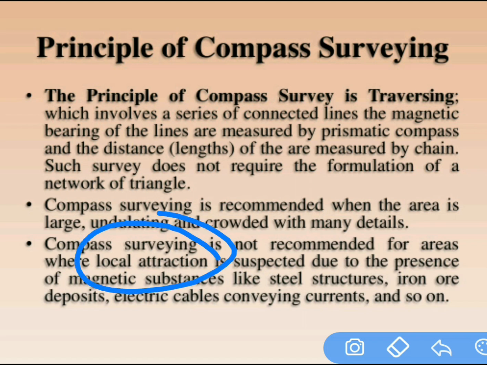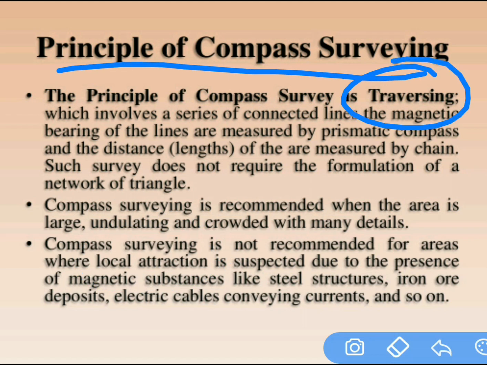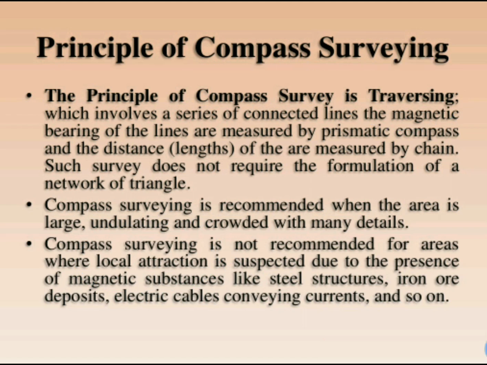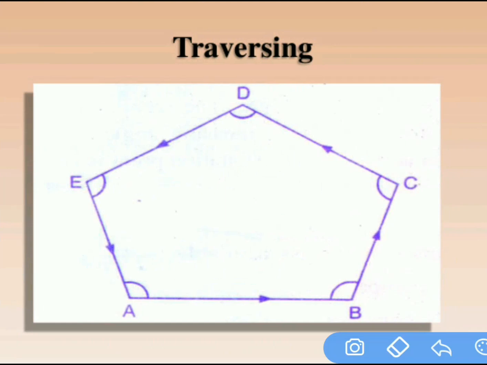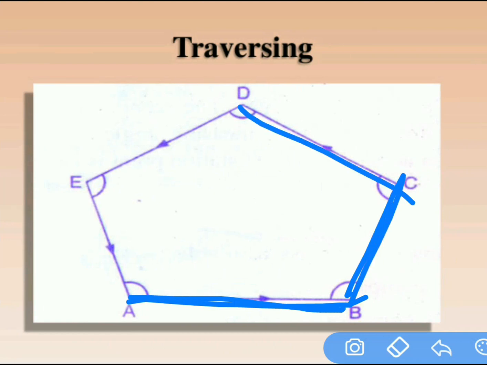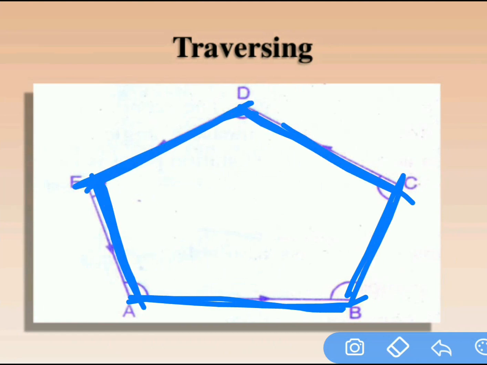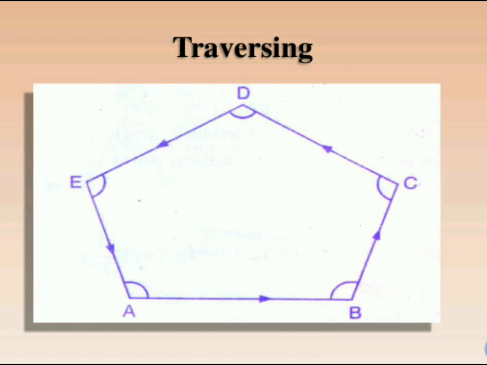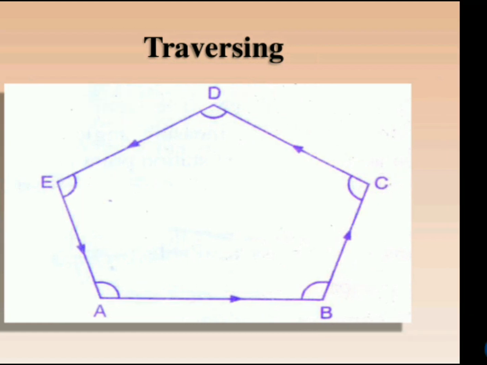Later we will discuss about the local attraction, what is the local attraction, and what correction is required when the station is affected by local attraction. Later we will discuss, right? No need to worry about the local attraction now. So this is the principle of surveying. What is the principle of surveying? Traversing, right? Right. Next. Look here, just now I told, right? I started at A, next AB line, next BC line, CD, DE, EA, right? So a series of connected lines is involved in the traversing. Next,